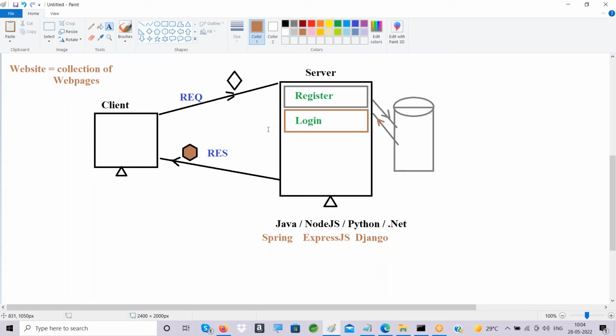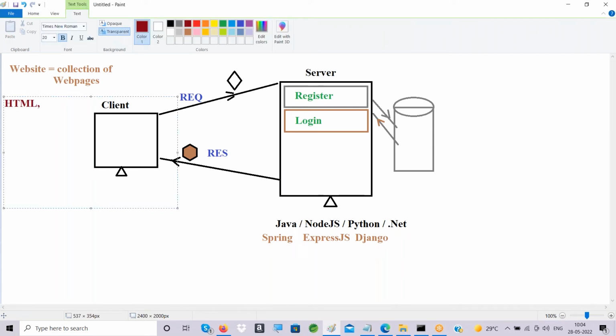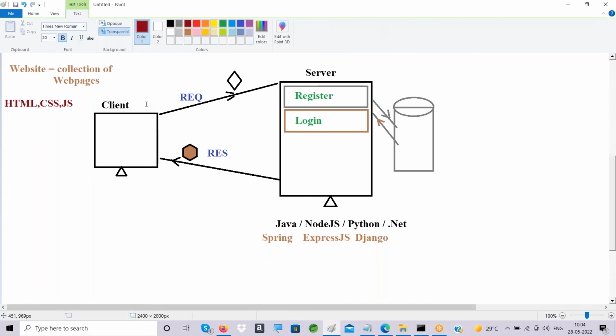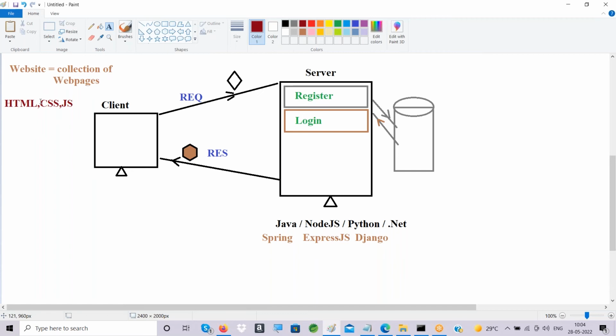But still, that is where full stack comes into the picture. Now that is what we are going to discuss. See guys, in order to develop this website or web pages, the way you require a certain programming language in the server side, in the same way here also you need to take the help of certain programming languages. They are HTML and CSS and JavaScript. So here I'm using the word 'and'. Earlier on the server side I used 'or', either Java or Node or Python, right? But on this side you need to use HTML and CSS and JavaScript. So okay, fine. Assume you learned this and you developed the software. But